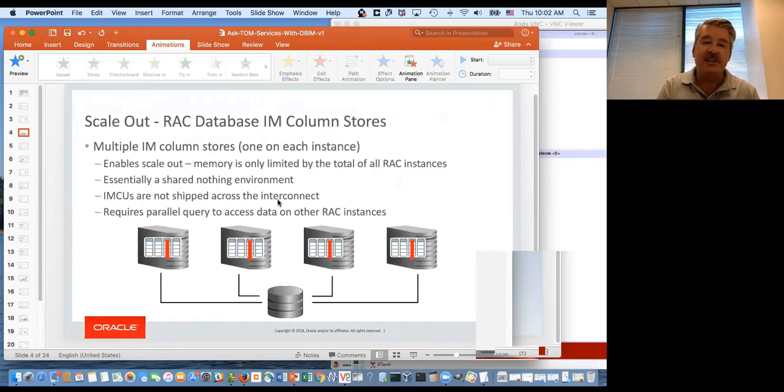Something to remember is that the column store, in order to support scale out, is essentially a shared nothing environment. So we distribute data across all 4 nodes in order to increase the amount of memory in the column store from, again, in this example, 500 gigabytes to 2 terabytes. But we don't ship IMCUs across the interconnect. Unlike cache fusion for database blocks, where in normal RAC in the row store we would ship those blocks across the interconnect to the instance accessing them, we don't do that with